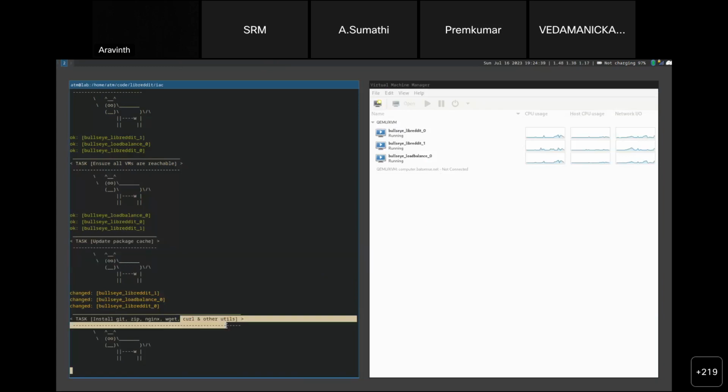And now it's installing the programs we need. And there is more activity on the network side.